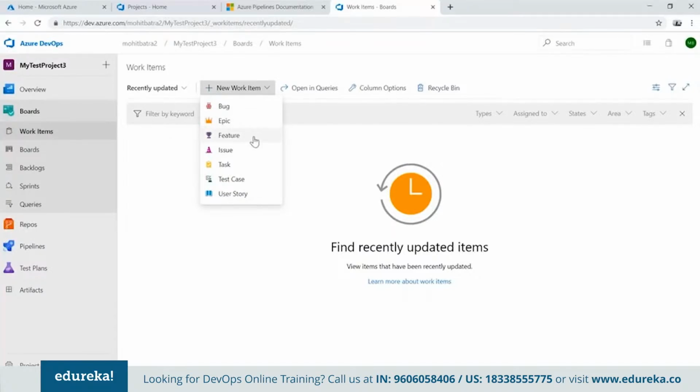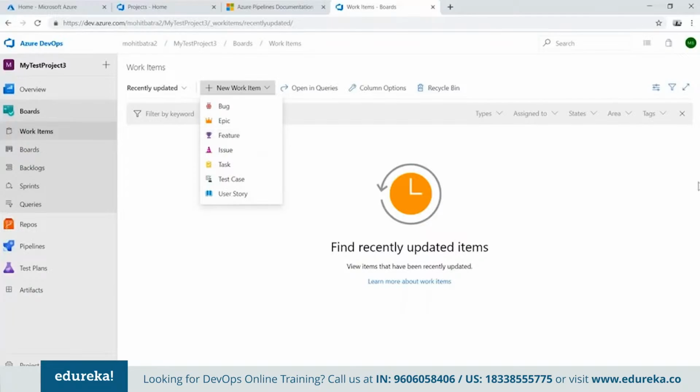Now inside the epic, your product owners or, let's say, your project managers will go ahead and decide on the number of features that you want to have as part of the epic. Let's say you want to build an e-commerce site. So the business says that we want to set up some e-commerce setup for this business. That's an epic. Once you go inside that epic, you will say that I want to create a feature.